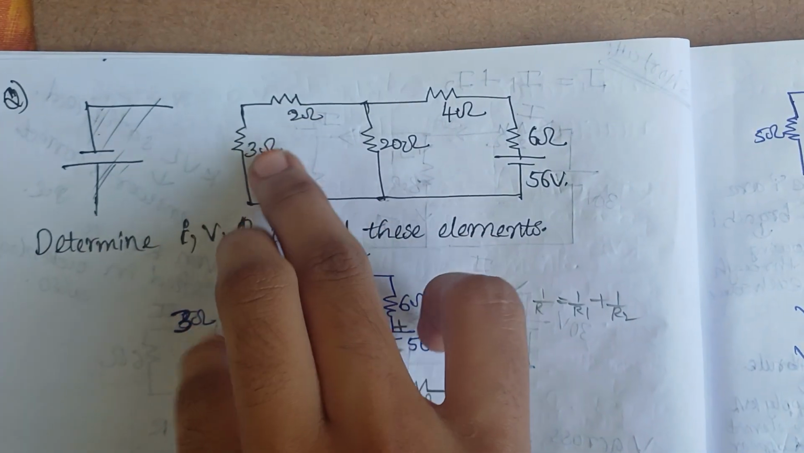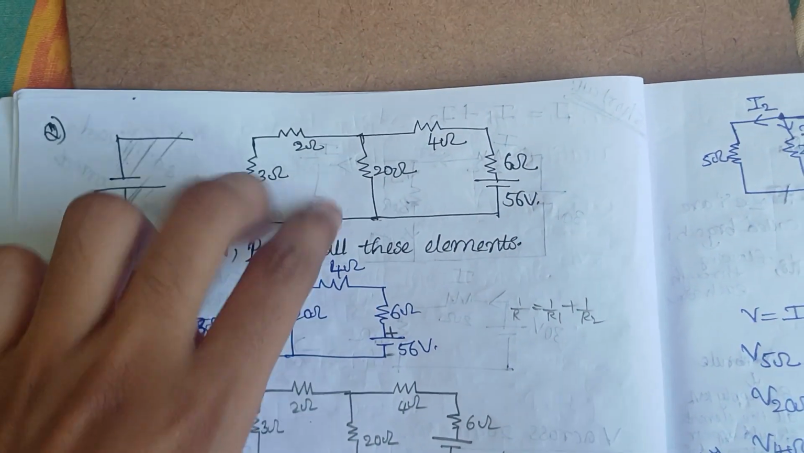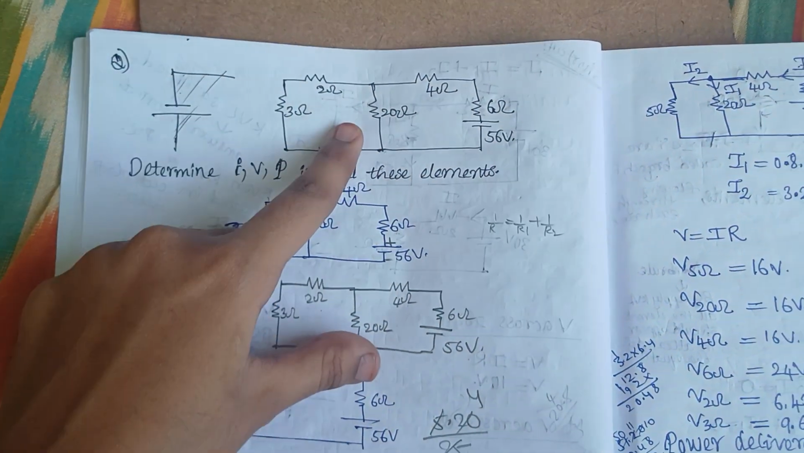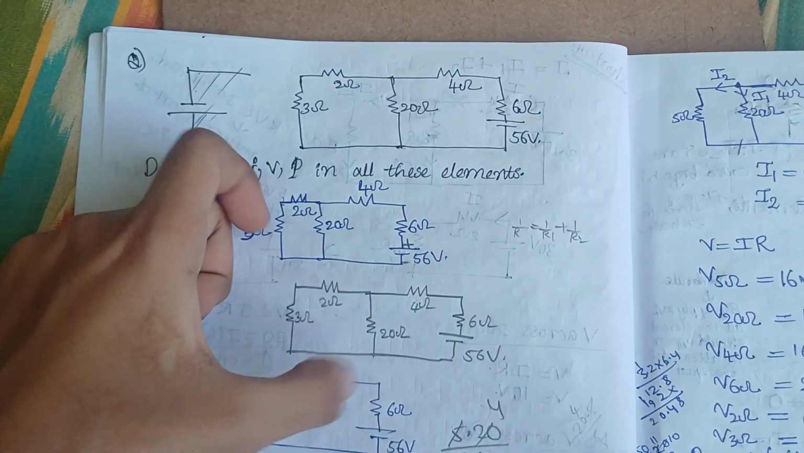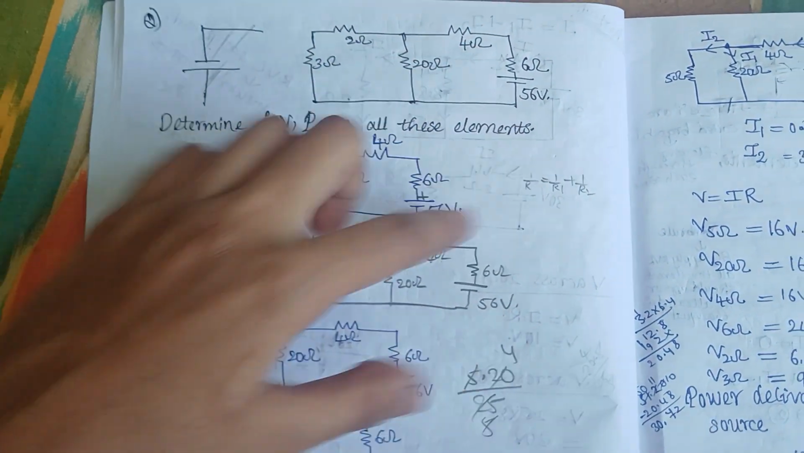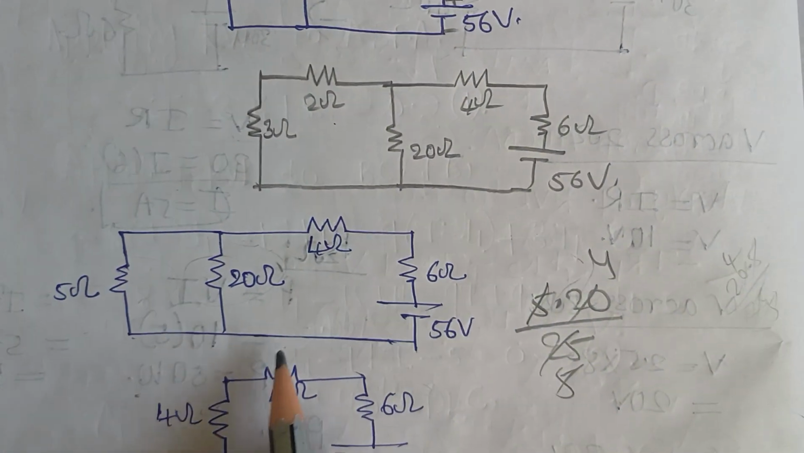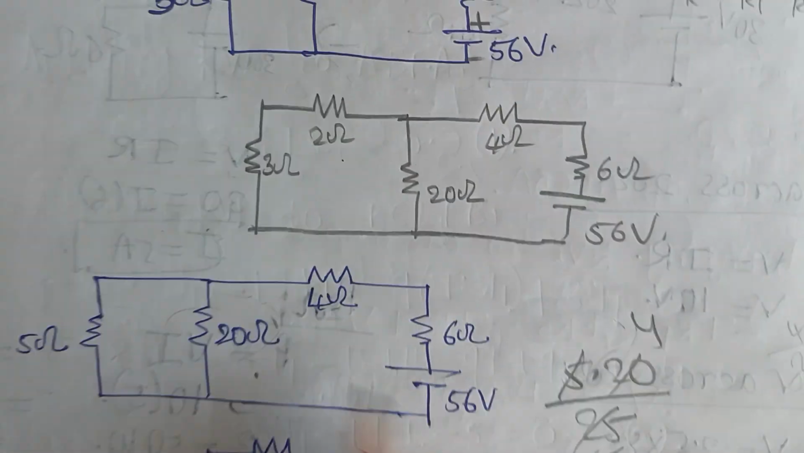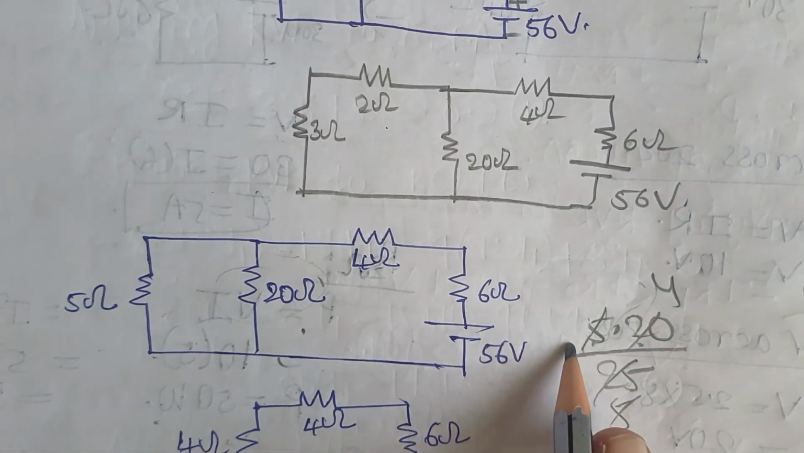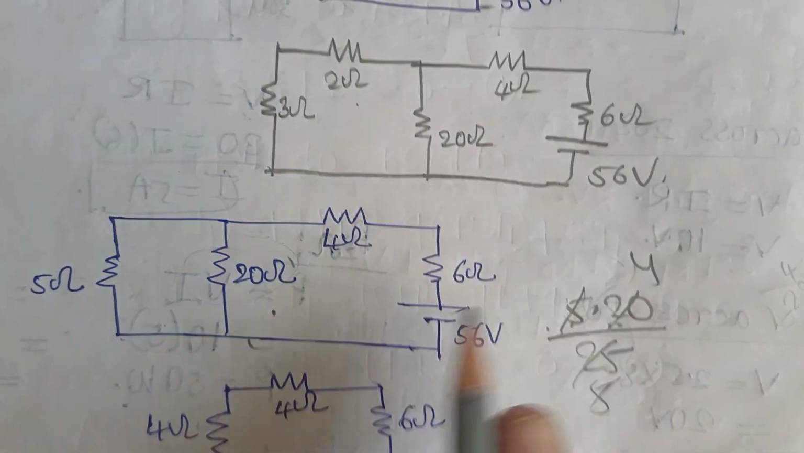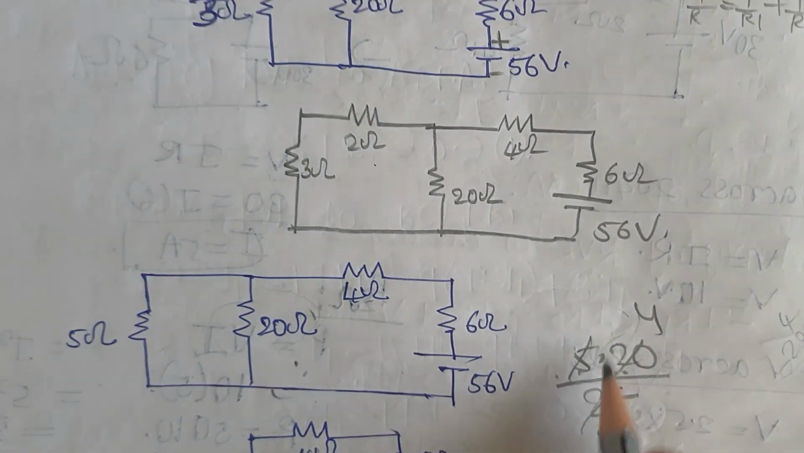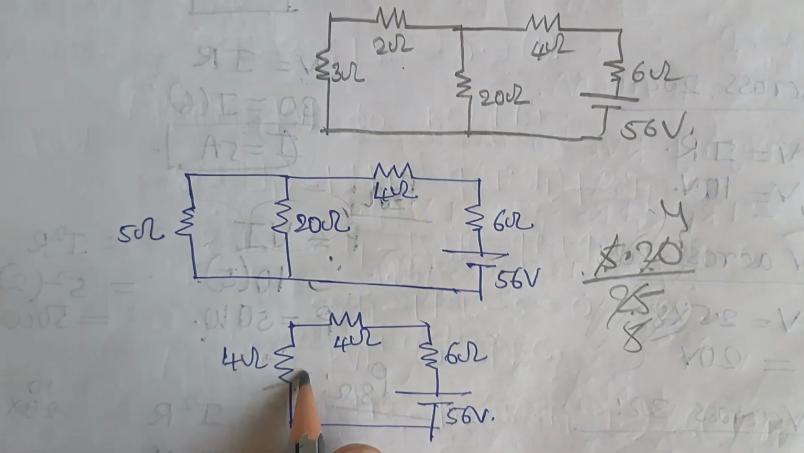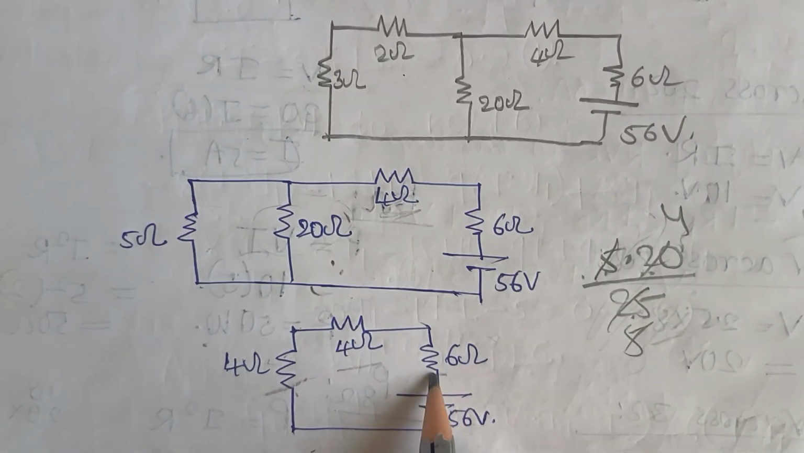elements. Again, since your 2 ohm and 5 ohm were in series, now your effective resistance will become 5 ohm. And here you have a 20 ohm resistor, and here 4 ohm, here 6 ohm, and this is a 56 volt battery. Now here, since your 5 ohm and 20 ohm were in parallel, your effective resistance is R1 into R2 by R1 plus R2, that is 5 into 20 by 5 plus 20, which is nothing but 25. Now 5 ones are 5, 5 fours are 20. Now your effective resistance will be 4 ohm, and again here you have 4 ohm and this 6 ohm, and